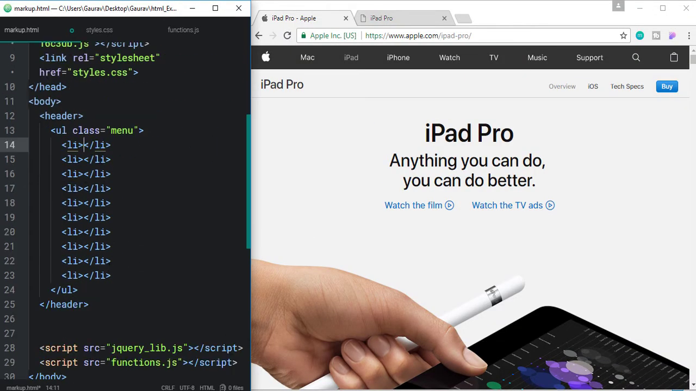So the first item doesn't have any text, it has a logo, so I am going to give it a class of logo, and I am going to type Apple in it, and later I am going to replace that text with that logo. Okay, so next one is Mac, iPad, iPhone, watch, TV, music, support,